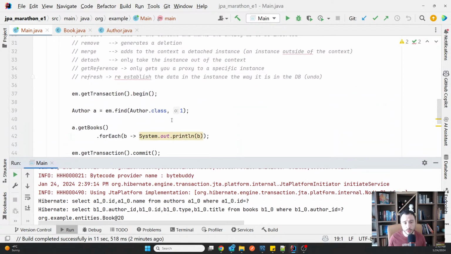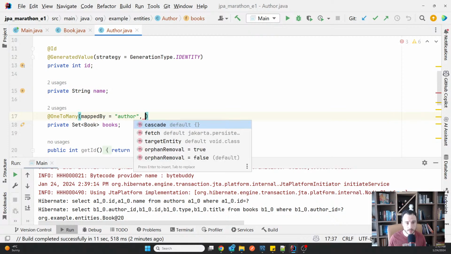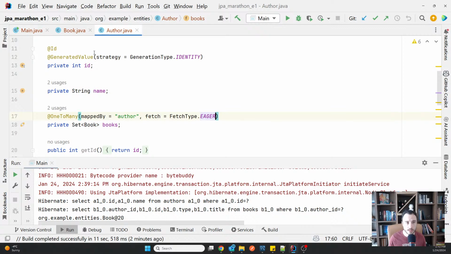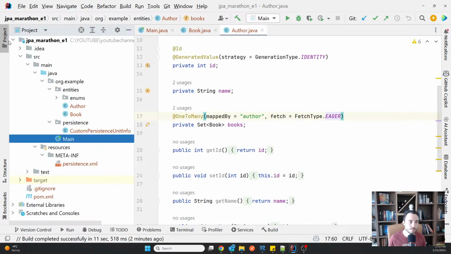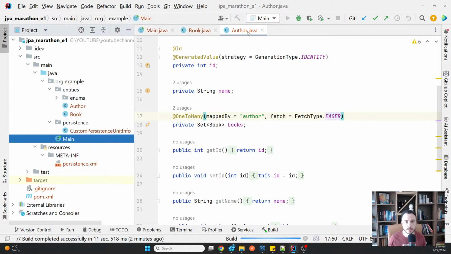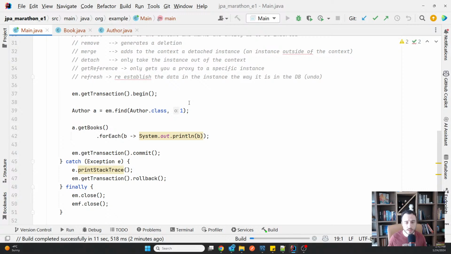Now, you have different ways in which you can solve that. One of them, but not the most recommended, would be to simply make this eagerly fetched. And if you make this eagerly fetched, then normally you will have everything from the very beginning. But why is this not the most recommended?